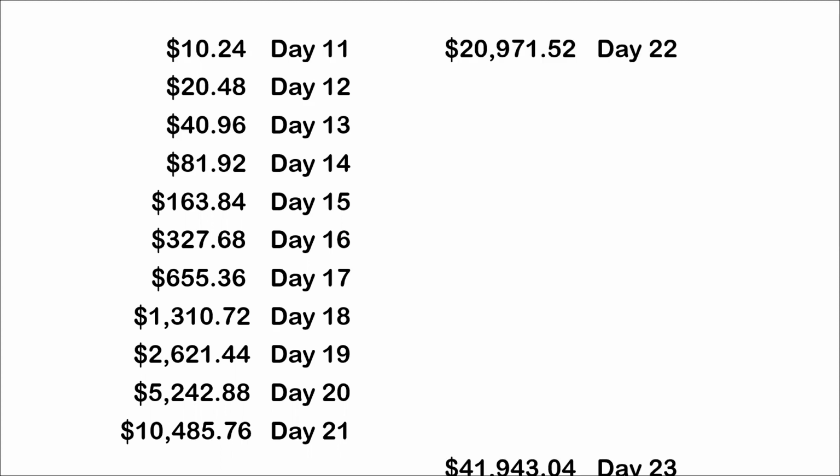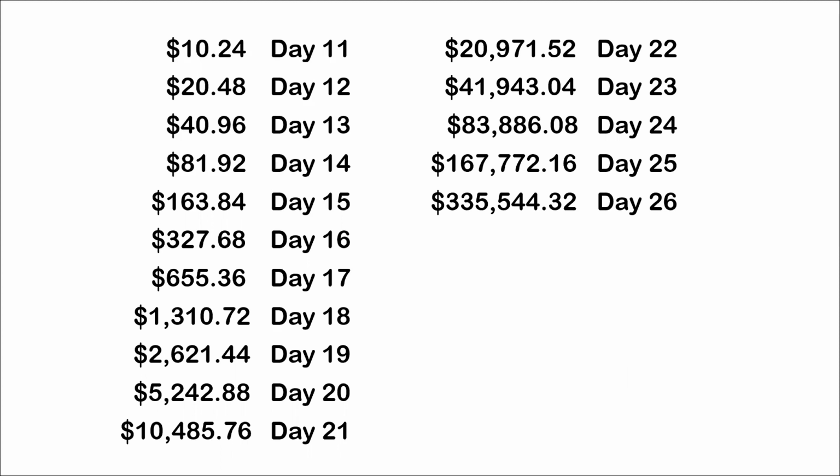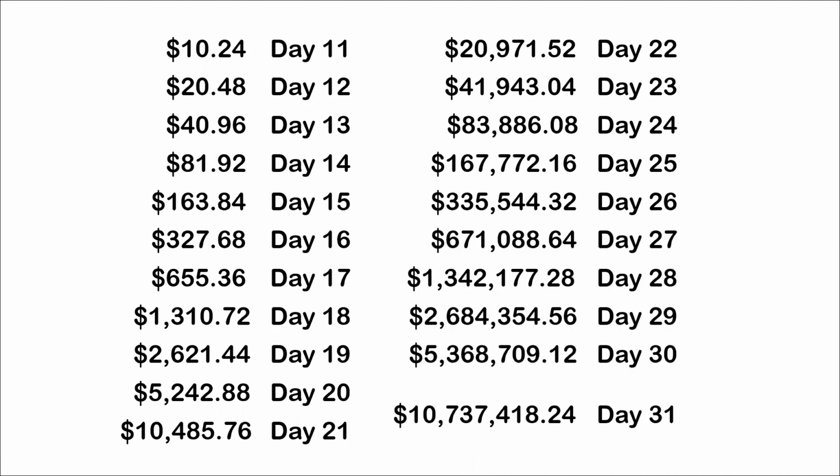So again, maybe I should have taken the payout for the $50,000, but about halfway through the month, I've got $163.84. All right, about 3 weeks, the month is about 3/4 of the way over, and now I'm starting to get some value. I had to work a good 3/4 of the month, but now I've got $10,485. Still only 1/5 of that $50,000. But as you see, about 24 days in, I finally beat that $50,000. And it's in that last week of the month.